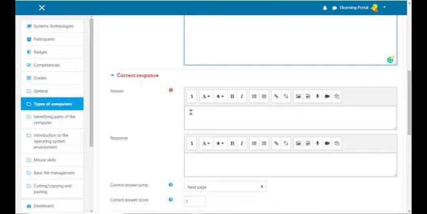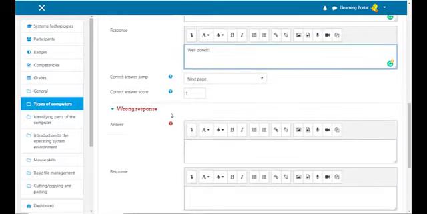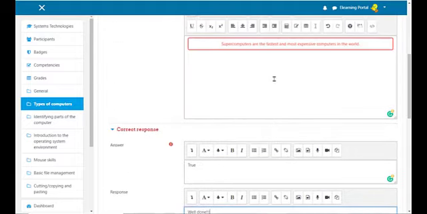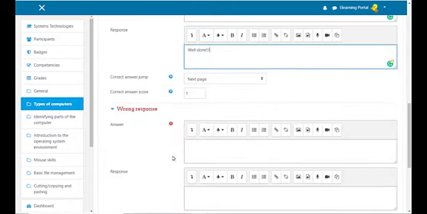Okay, now let's look at our responses. The correct response would be it's true, and I can type in a response. Well done. And it will take me to the next page. When I answer this question correctly, it will take me to the next page and I will score a mark of 1. But if I get the answer wrong,